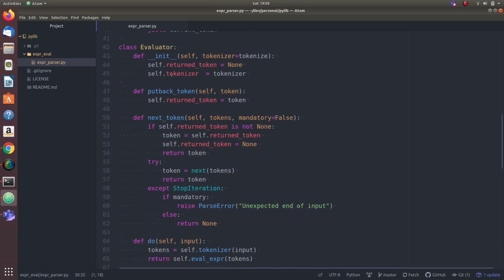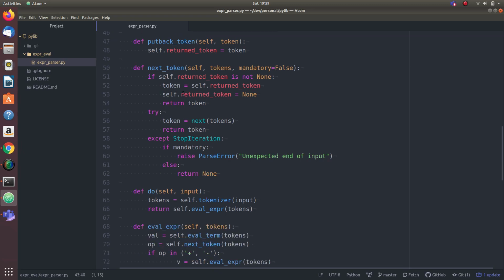And what the evaluator does is, it uses the default tokenizer, and then there is a utility function, next token, which basically calls next on the generator.